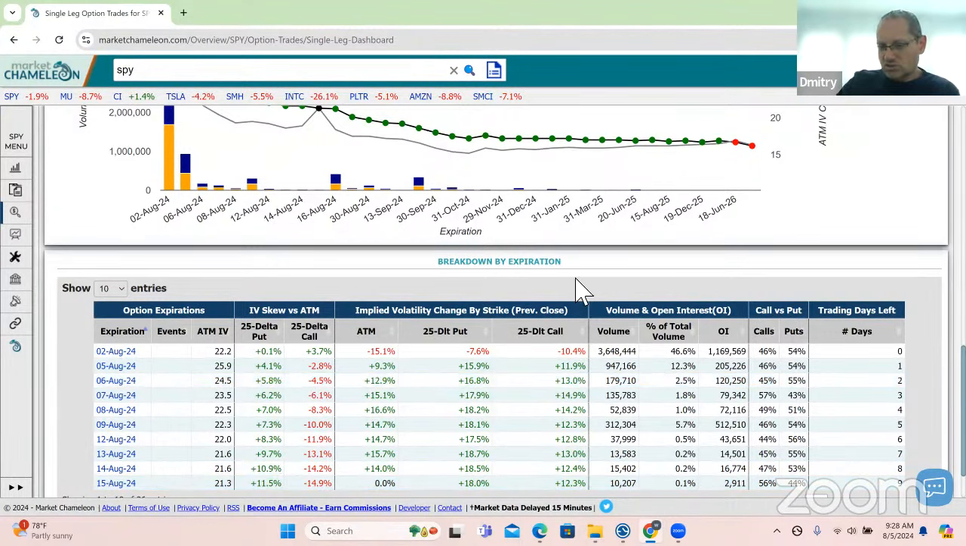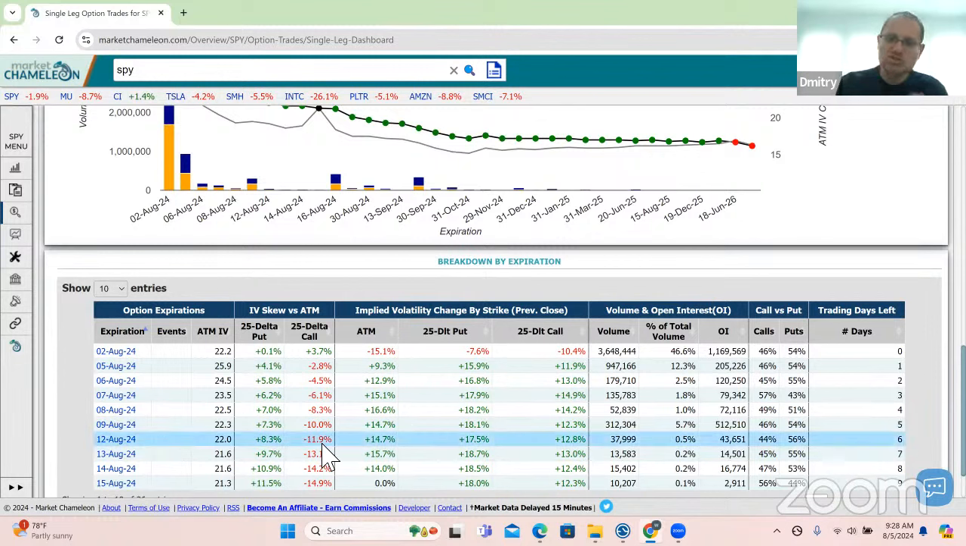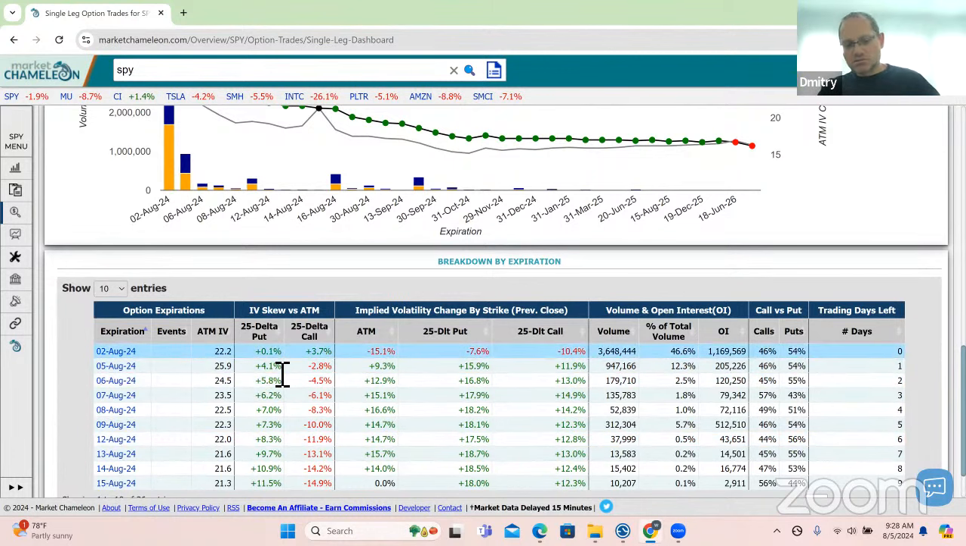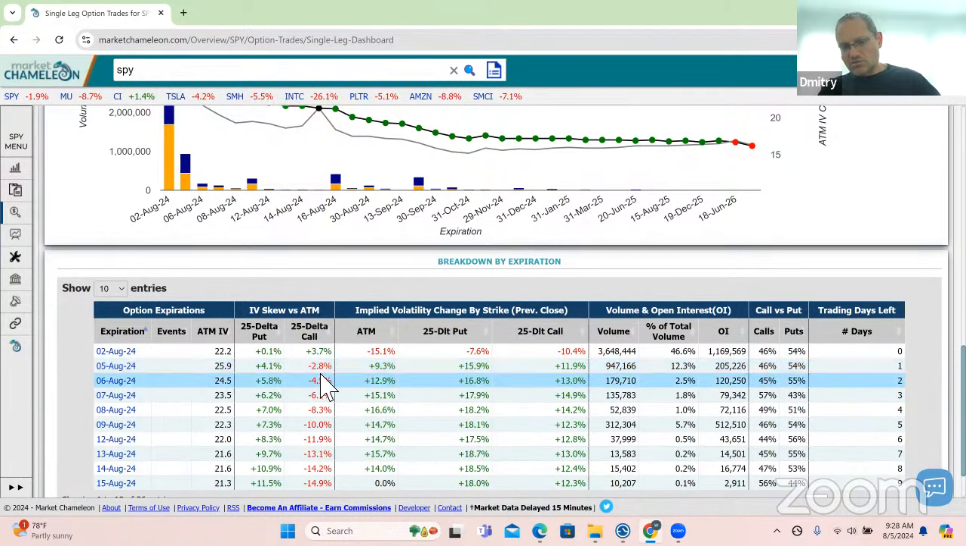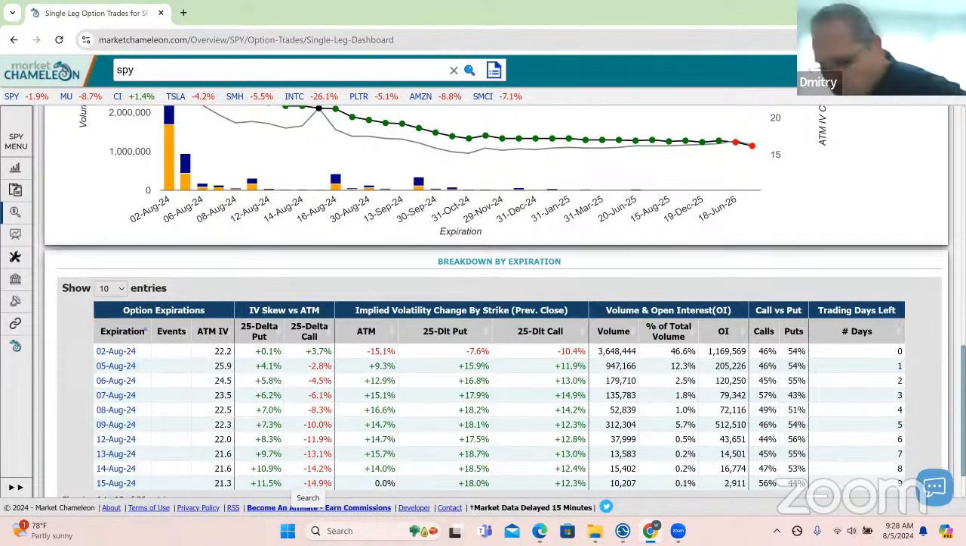So this next one over here says, okay, this is what it looks like right now. The 25 delta put, let's say, is 4% higher. The 25 delta call is 2.8% higher. But